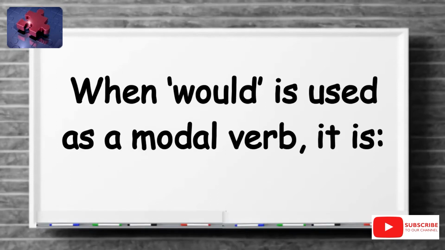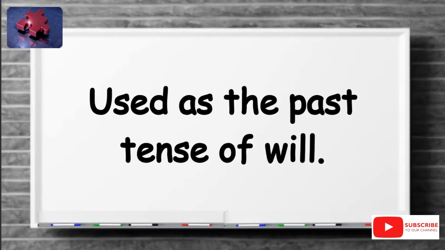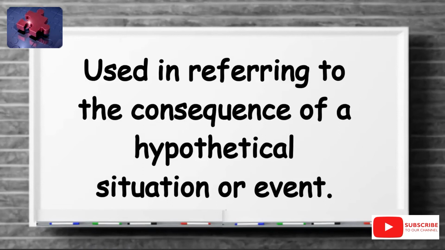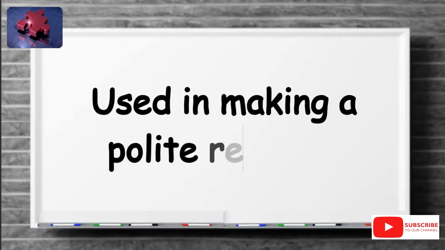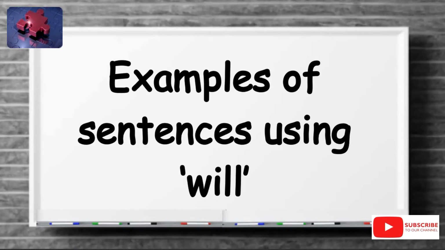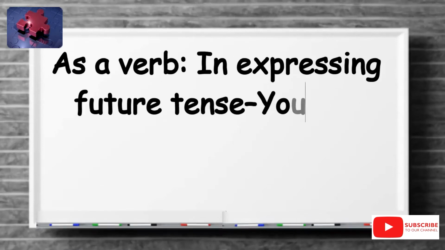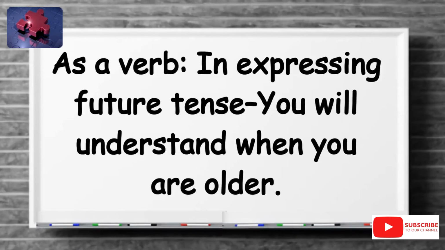When would is used as a modal verb, it is used as the past tense of will, used in referring to the consequence of a hypothetical situation or event, used to indicate an inclination or desire, and used in making a polite request. Examples of sentences using will are: as a verb, in expressing future tense, you will understand when